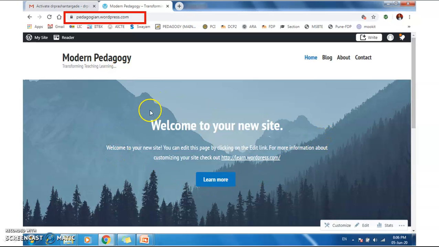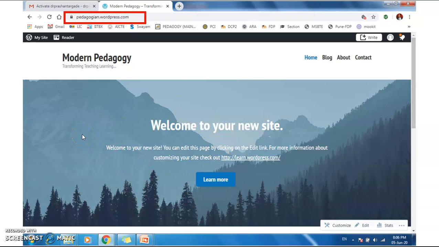You can change the appearance of this website by changing the themes. You can add pages, blocks, media, files, and video to your WordPress website.